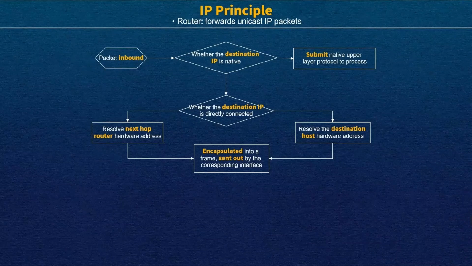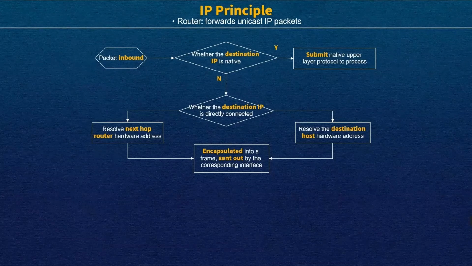And another one, maybe I only need the router to help us forward the packets. I do not send the message to the router. So we will go to the next step. No, the destination IP is not native. That means you have to help forward the packets. So when you help forward the packets, I will take the destination IP address and check